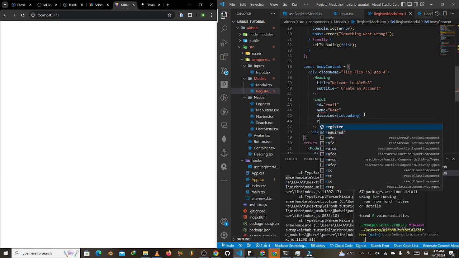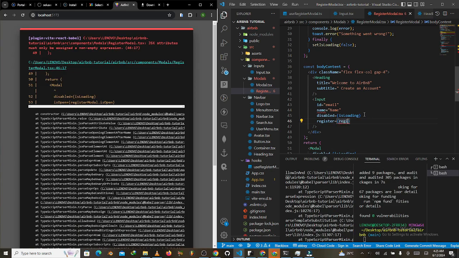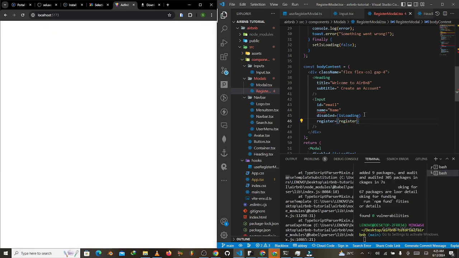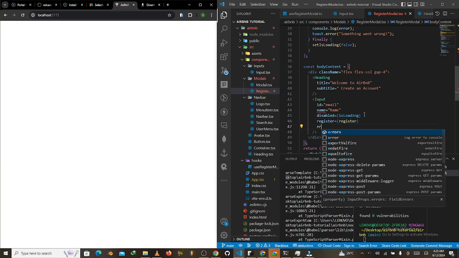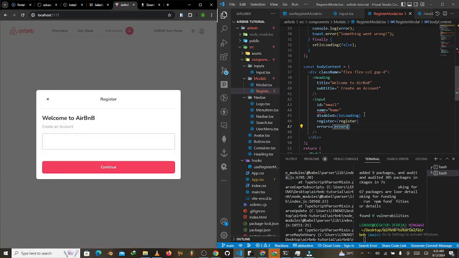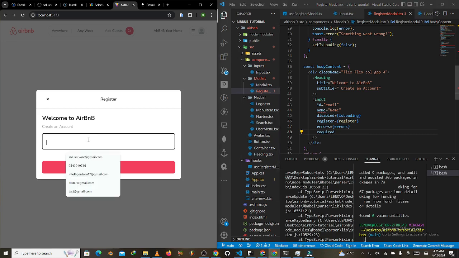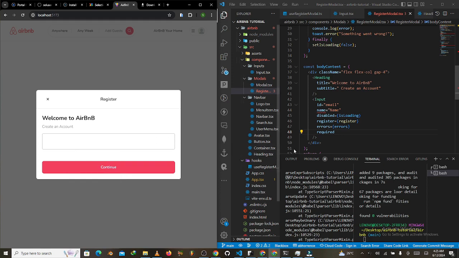Then register, we give register here. Then over here we set errors. So for the error you can see what errors, right? So as you can see, everything is back to normal, and then we can set the required. All right, so you can see that things are back to normal as we expected, and basically